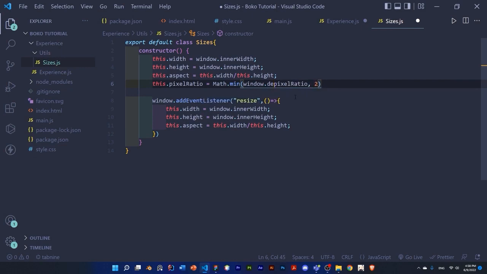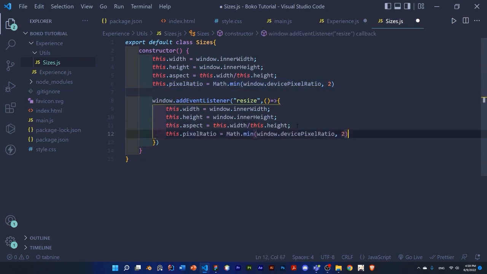And this should be device pixel ratio. Device pixel ratio. And this is just a min function to select the lower one. So if this is 3, it'll pick 2, and if this is 1, it'll pick 1. And we also want to update that as well. The reason we have this min function here is because going higher than 2 doesn't really have any benefit,